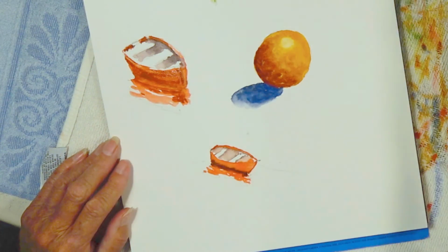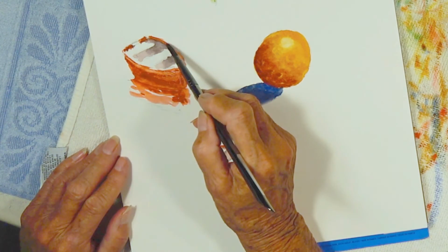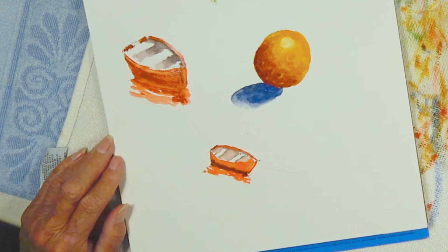Okay. So I'm lifting that there because the light is going to hit it. Do you know what that part of the boat is called? That's the gunnel. No, this is the gunnel underneath here. Thank you for reminding me, because under the gunnel...